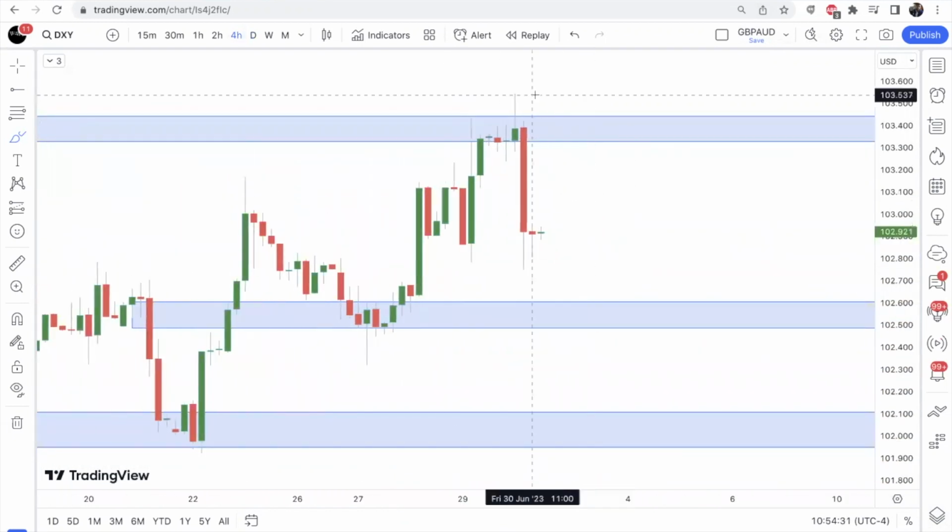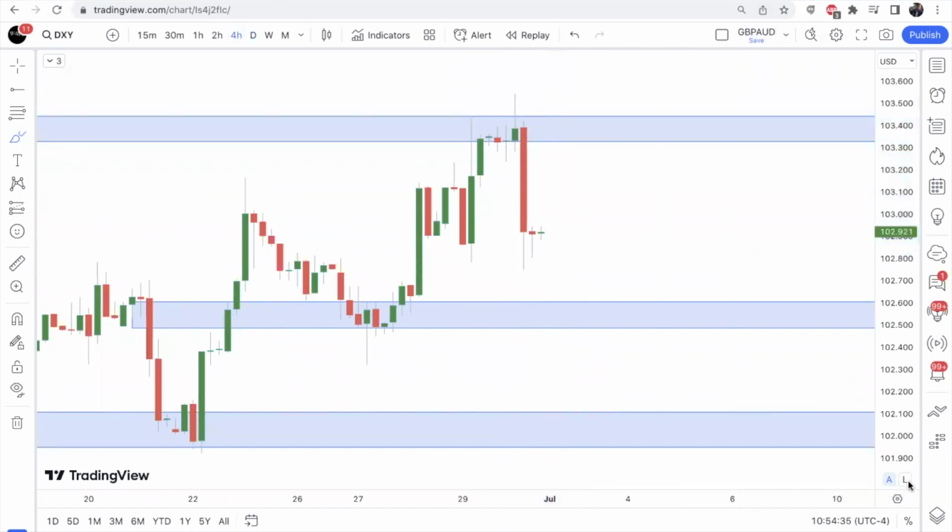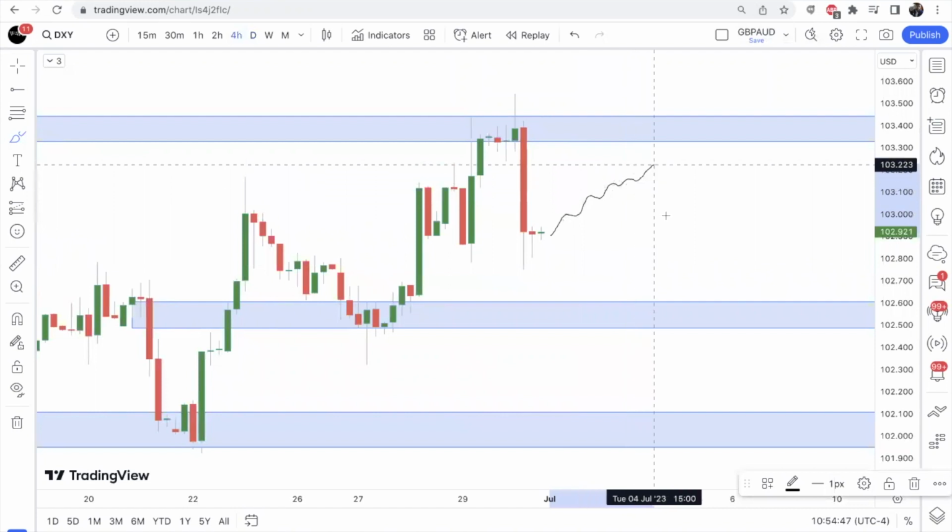So we got a strong impulsive close here on the 4-hour, strong bearish engulfing. So I will be looking for another bearish wave. I'm expecting another down wave on the dollar before any more upside. So we could possibly see something along the lines of this, maybe some type of pullback and give us another continued wave down into this level of structure.